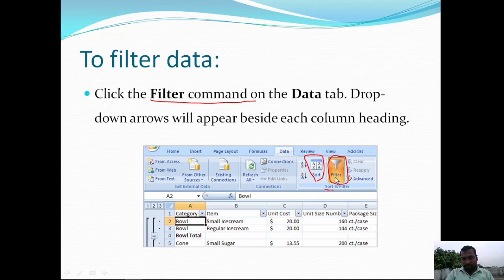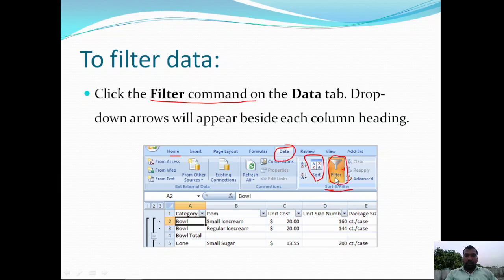Here we have the sort and filter ribbon. In the sort and filter ribbon we have a command called filter. It is available under the data tab, like the home tab. In the data tab we have a ribbon called sort and filter, and in that ribbon we have a command called filter.